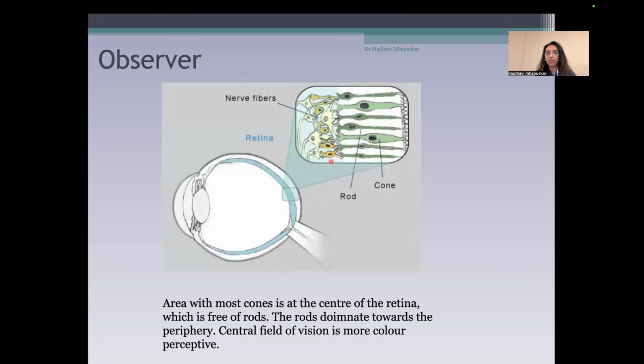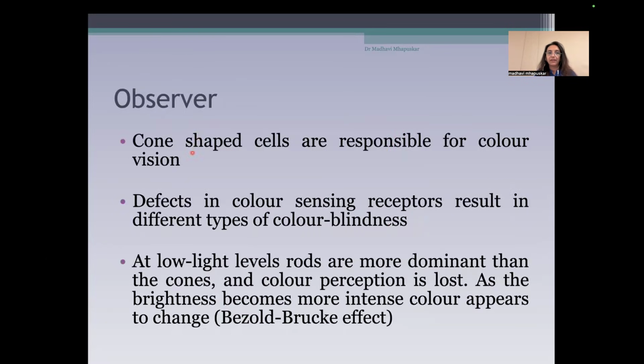The rods are responsible for night vision and the cones are the color receptors that we have. The cone-shaped cells are responsible for color vision. So when we have defect in these color sensing receptors, we could have different kinds of color blindness. For example, if some cones are missing for the red color, you would be colorblind to red. If cones are missing for blue color, you would be colorblind to blue.